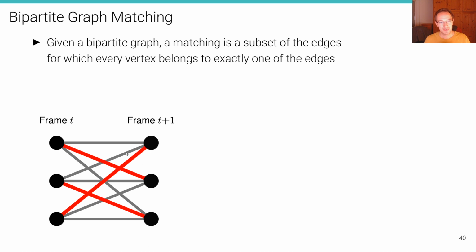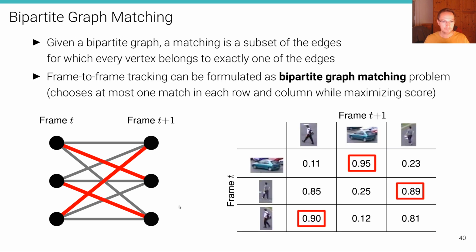Now in this particular bipartite graph, a matching is one that is a subset of all of these edges, for which every vertex belongs to exactly one of the edges. For example, a matching is the one that's highlighted here in red. For this selection of edges, every vertex belongs to exactly one of the edges only. Now you see already where this is going probably, right? Frame-to-frame tracking can therefore be formulated as bipartite graph matching,